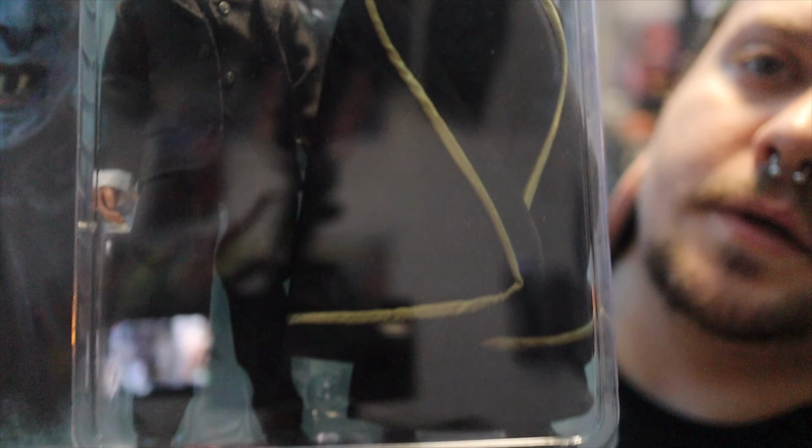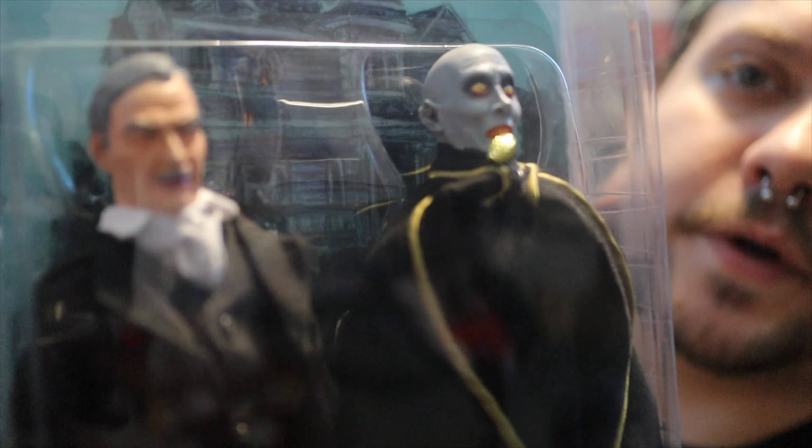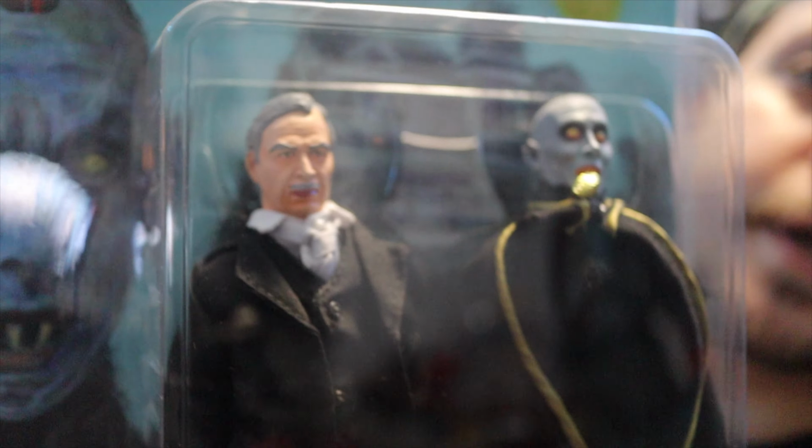The clothes are very similar. It's just that the head sculpt is updated a lot. And then of course Straker in there really adds to it. Extra cool. He is just as big of a part of the movie as Barlow, from what it seems to me. Absolutely love having both of them in this 2-pack. This one has gone up quite a bit in value,